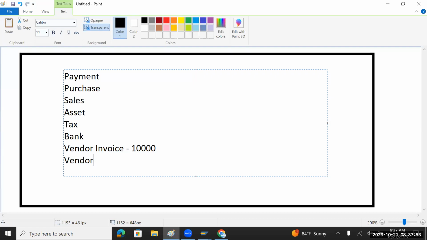Vendor account, let's say an example of a vendor, Tata Steel. Tata Steel account credit, purchase account